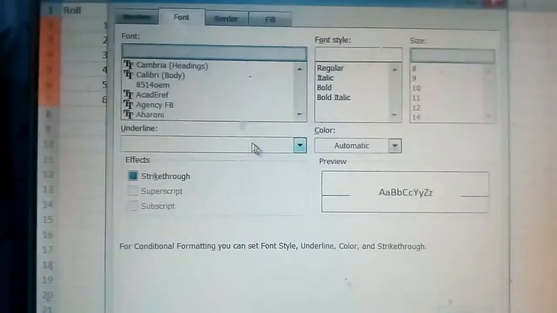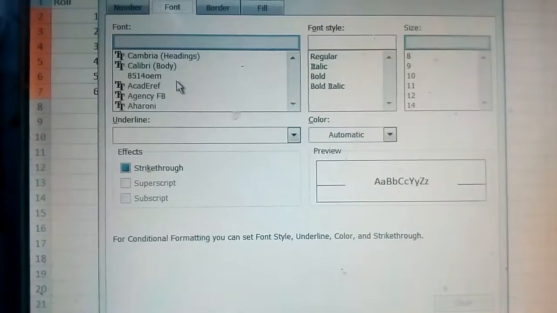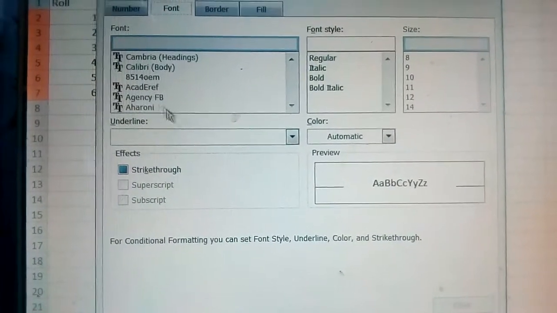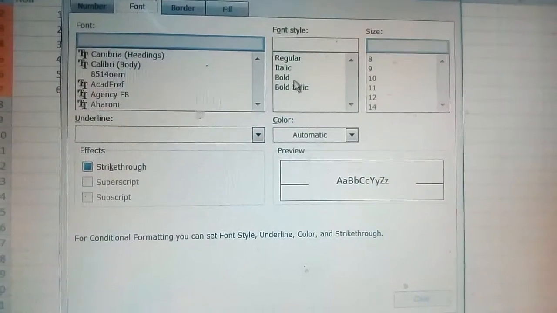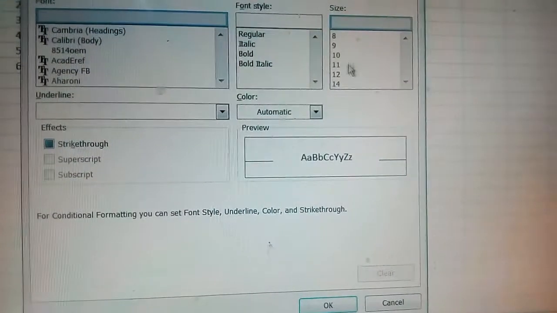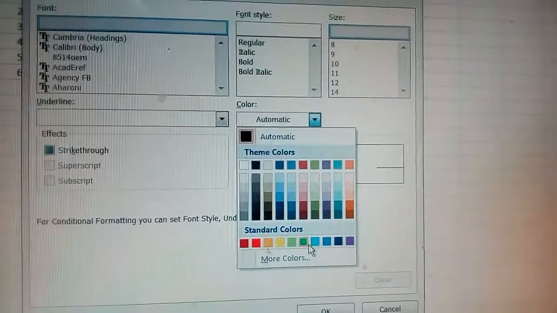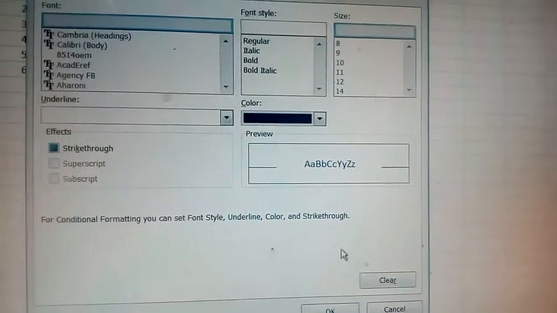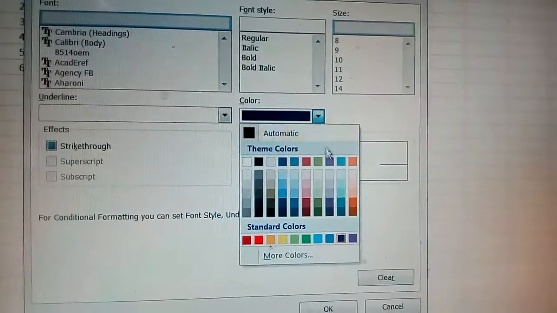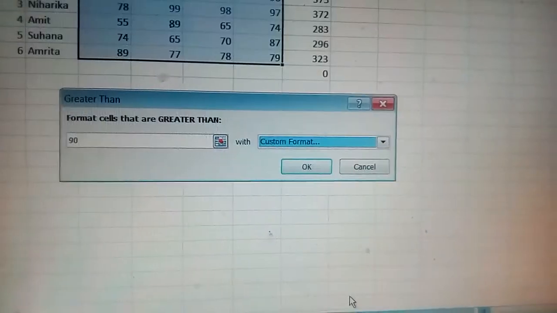You can change the style of the font, number style you can change. You can do underline, strike through, regular, italic, bold. You can increase the size also, and from here you can change the color also. Whatever you want to do, select that color and then click on OK.